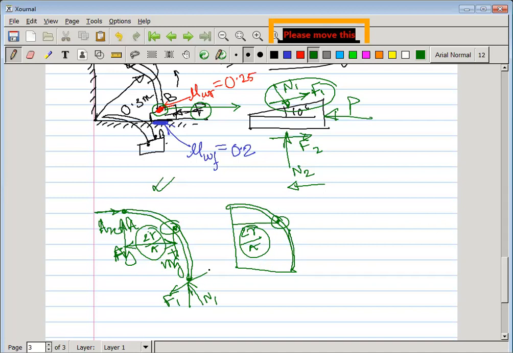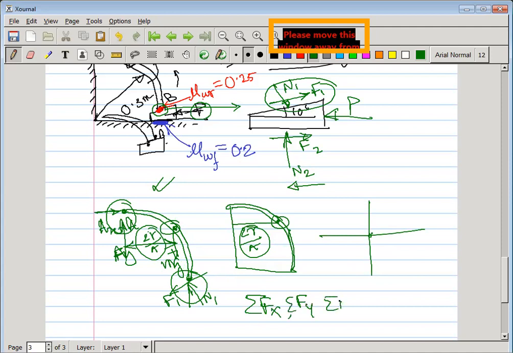Now I think you can easily solve it once all the forces are there. Please try to understand, these forces are not concurrent, meaning they do not pass through the same point for this semicircular rod. So how do we solve it? We simply apply summation of Fx, summation of Fy, and summation of moments, because the mg creates some moment. Let's solve one by one.